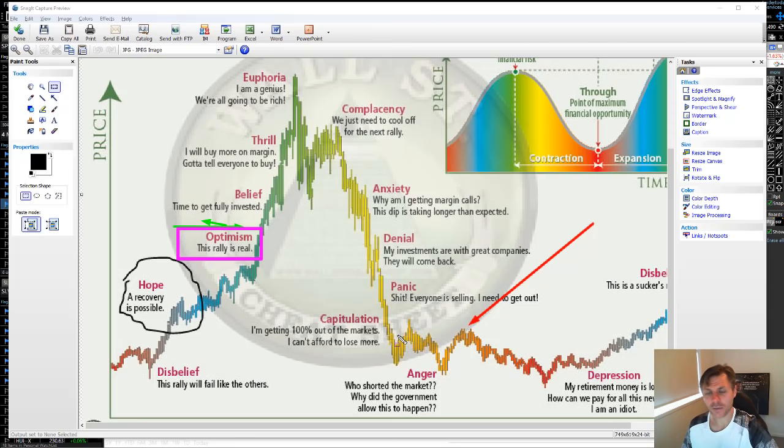The thing is that the top's never in if everyone's saying the top is in, right? And that's what we're seeing through there. So I believe we're not even there. We're in maybe